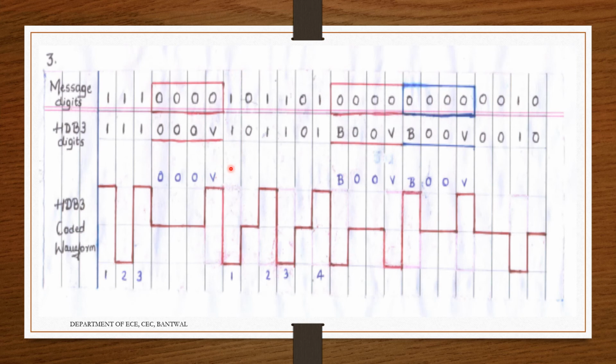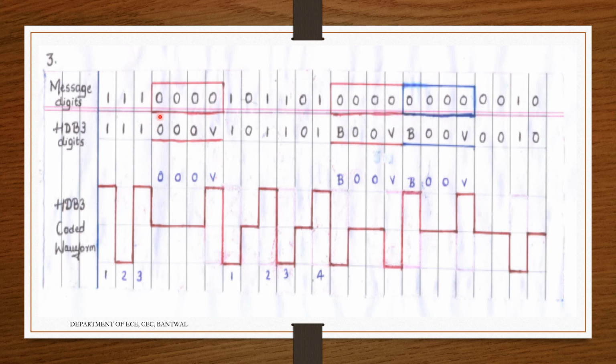Next one. Some of the long sequences have been considered, so it will be easy for different cases. Okay. Now first I am considering 0 0 0 0. How many ones? 1. Then again here 1, again 1 here, again 1 here. Now, as we know, 1 minus 1 1, next one minus 1 1 minus 1 1. Alternate marking here. So here minus 1. This is what we know.